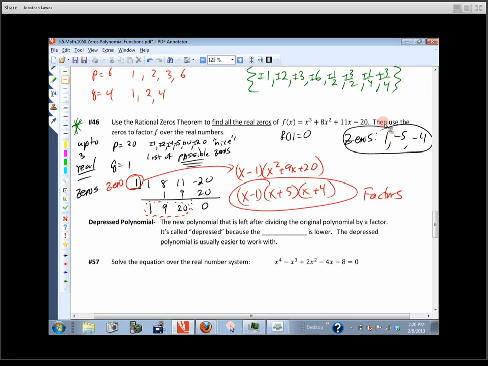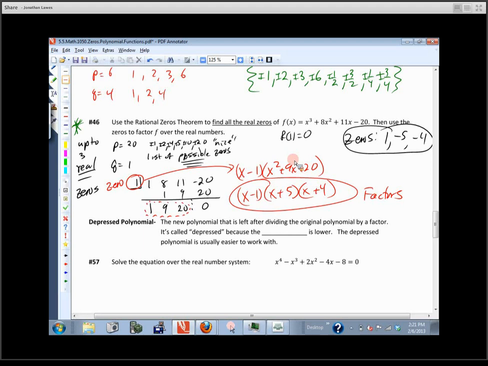But notice, what was the degree? 3. How many real zeros could it have? How many did we find? And notice that these numbers, these zeros, check out this list. They're all in that list, aren't they? So, in reality, even though you might come up with 16 or 24, or however many it happens to be, possible rational zeros, do we usually end up plugging in all of them? No, what we do is we find one that works, and then we work with a smaller polynomial. And that smaller polynomial is usually easier to work with.